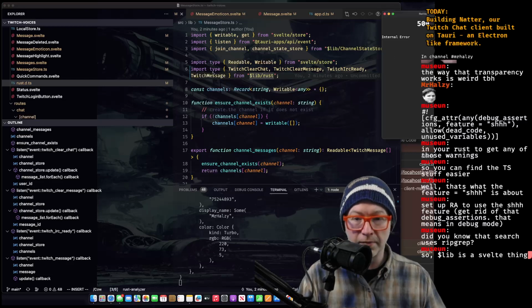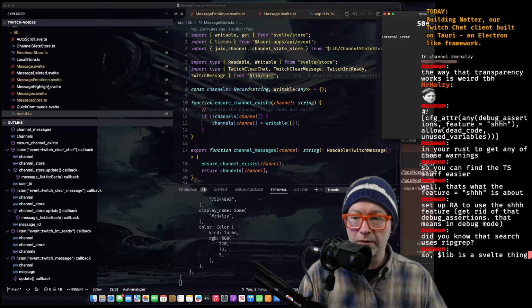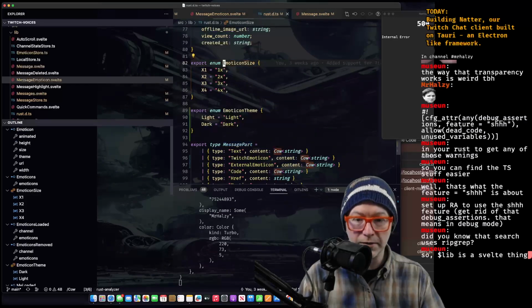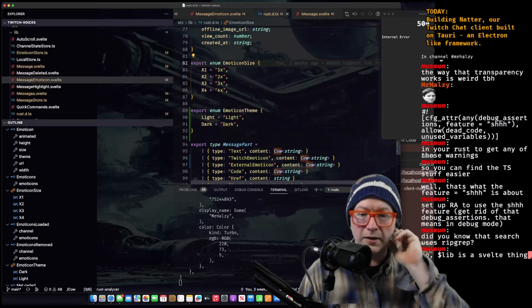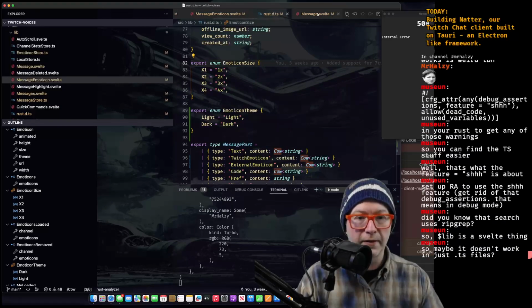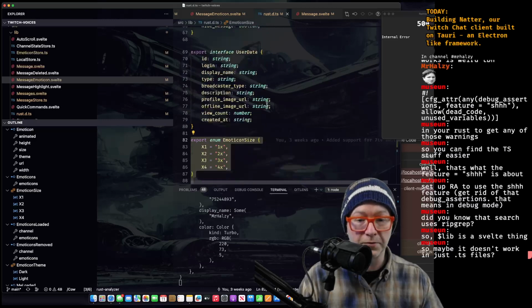And this could be still from our message emoticon, because these are enums and not types. So we're trying to import these not types from here.